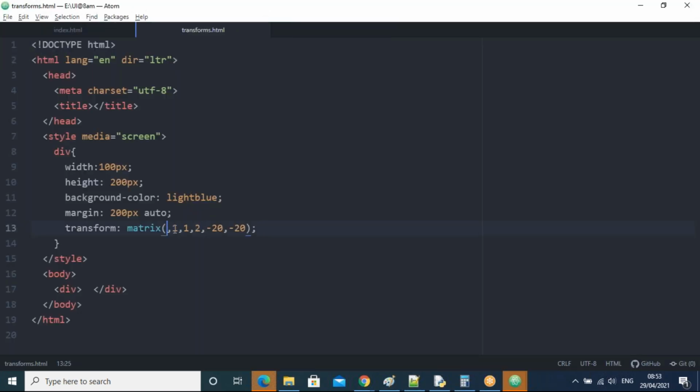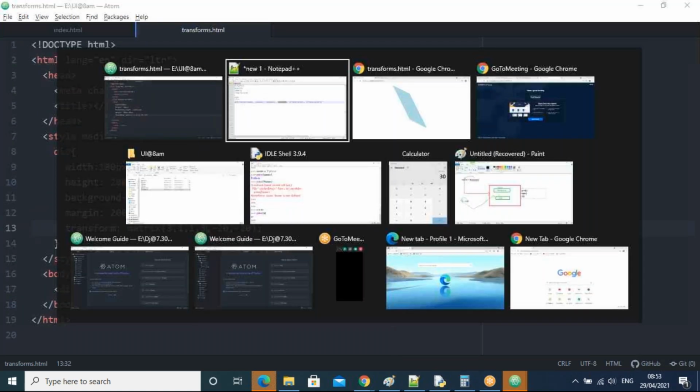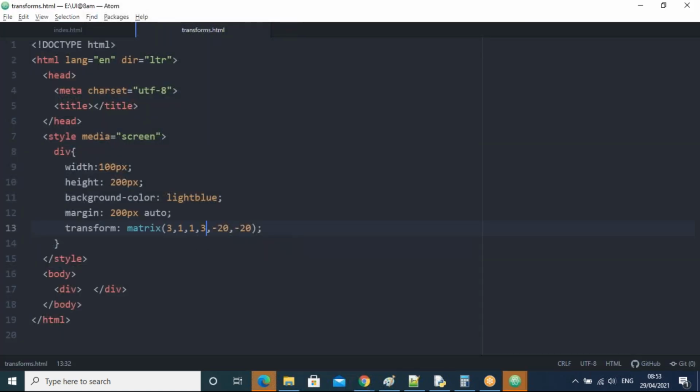So I am taking here, suppose, scale x 3, scale y 3, guys. Sorry, now I'm taking 3 and 3. At that time the height is increasing. If you take here, suppose only scale y, I'm taking 3, scale y I'm taking 4, and scale x I'm taking 2 only, guys. Okay, 2 only.